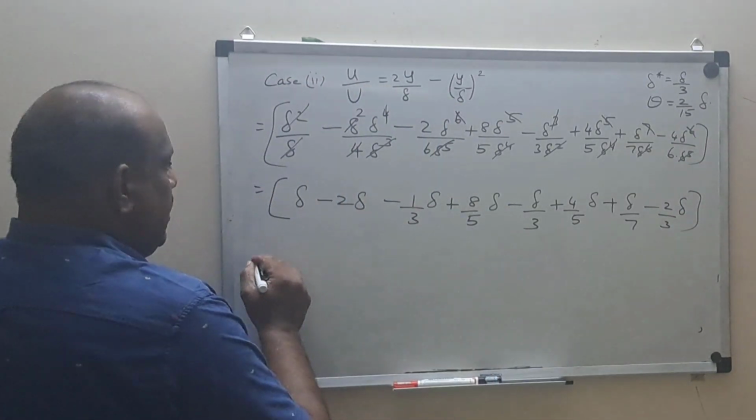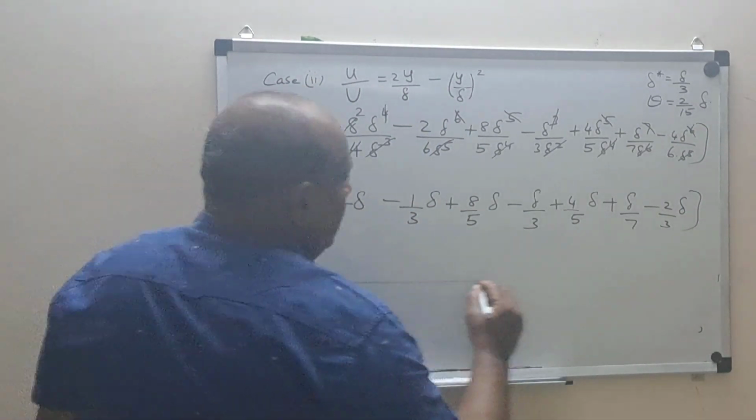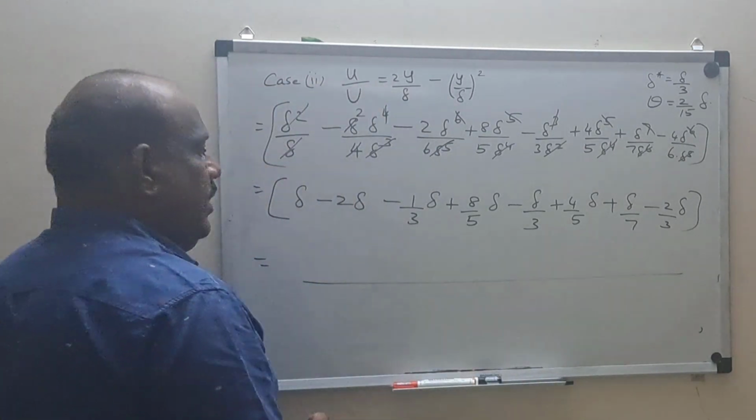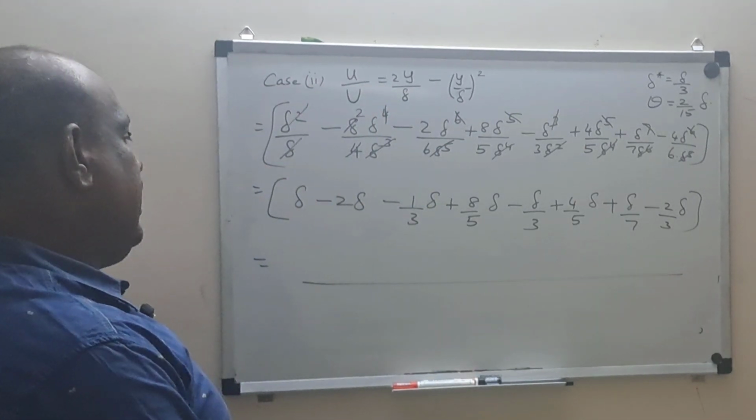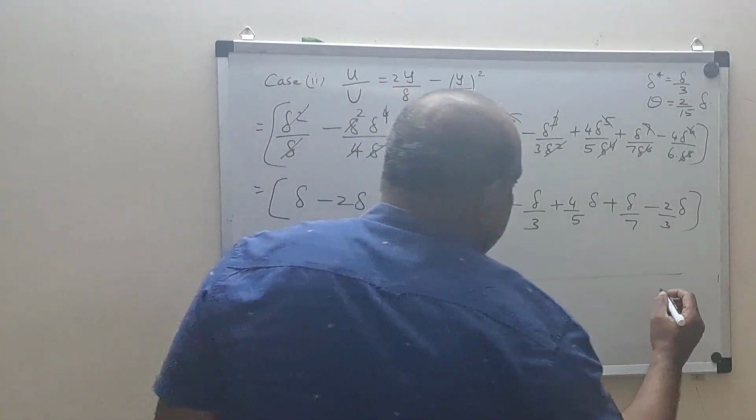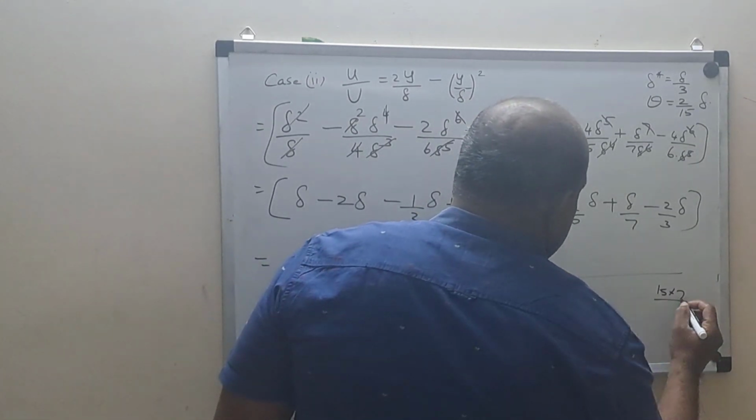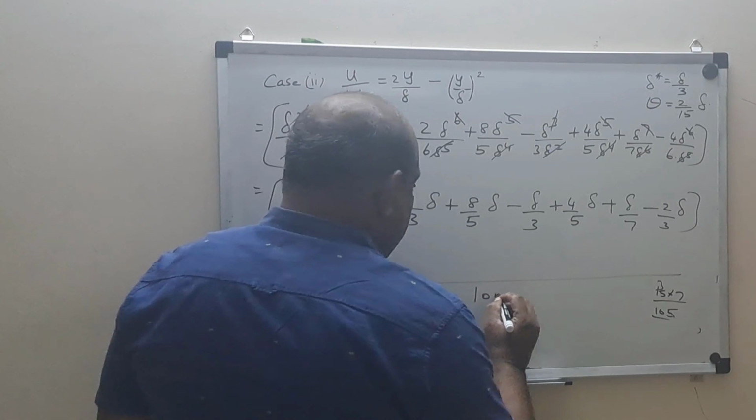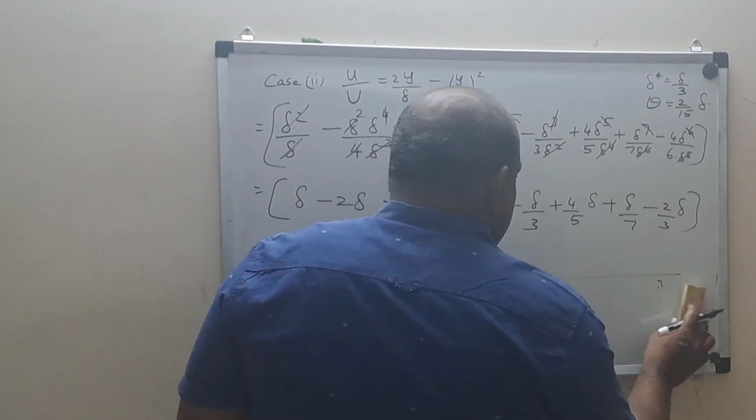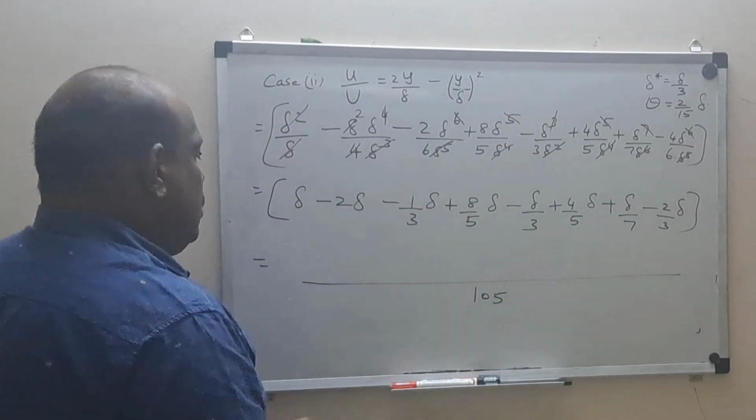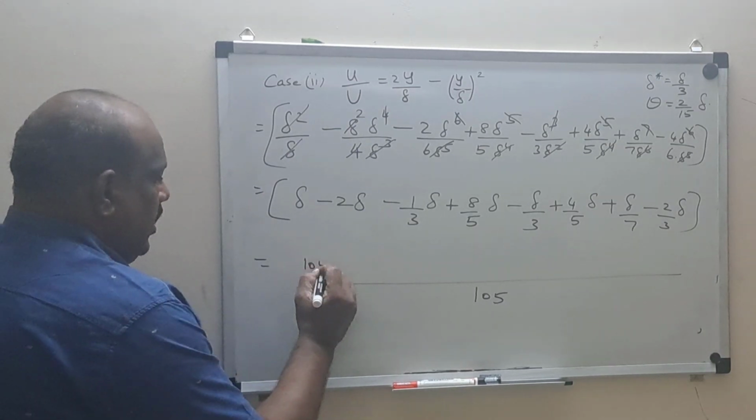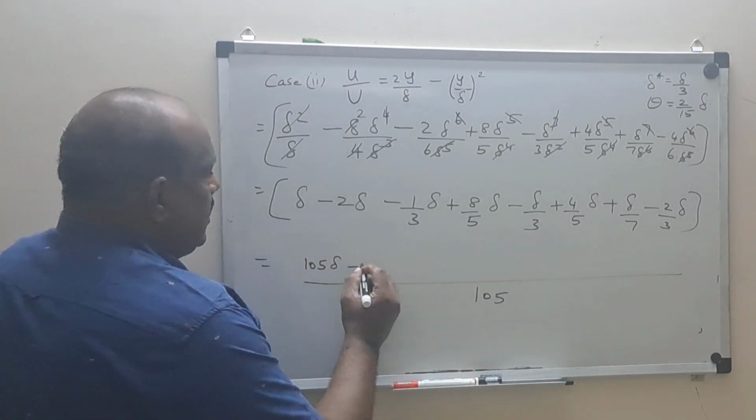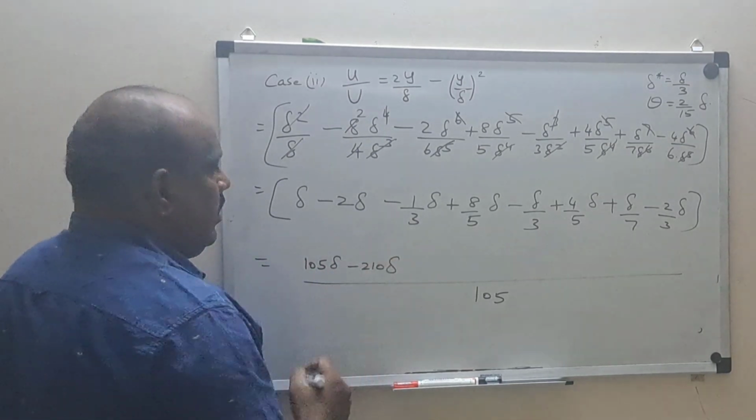Now how to take the LCM? It will be 3 into 5 into 7. So 3 into 5 is 15, into 7 will be, I hope, 105. 7 fives are 35, yeah, 105. So the denominator will be equal to 105. So it is 105 delta minus 210 delta